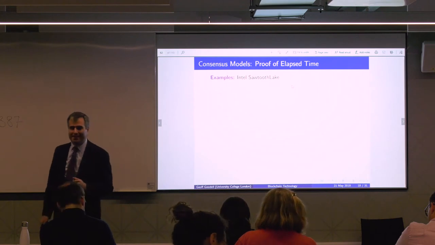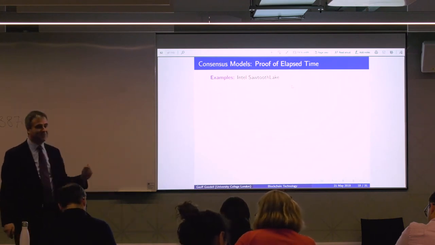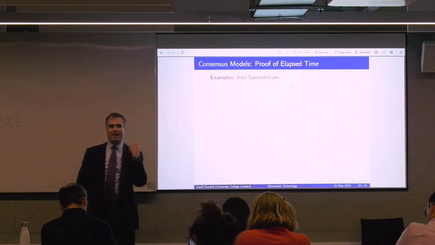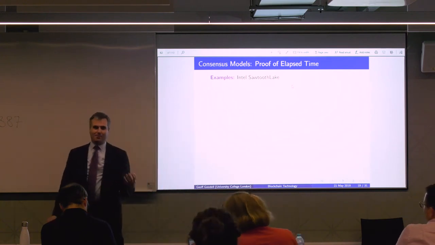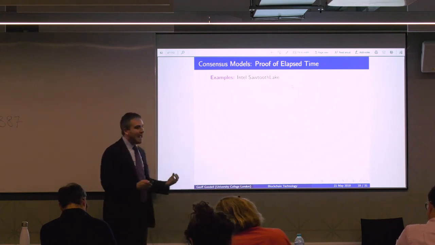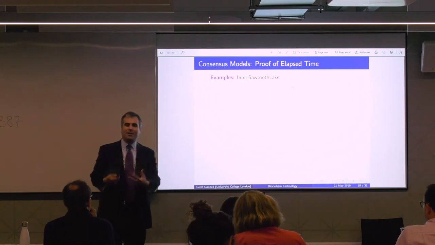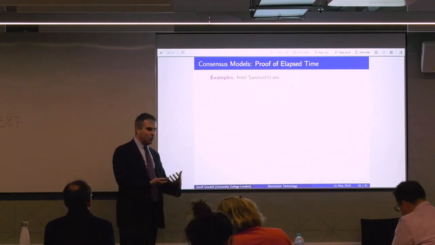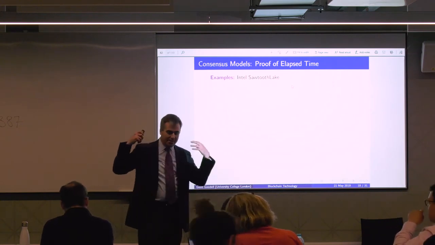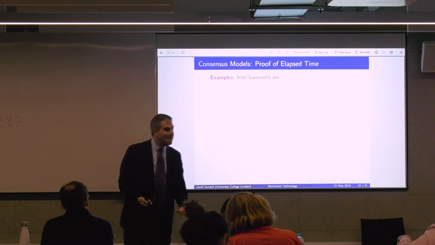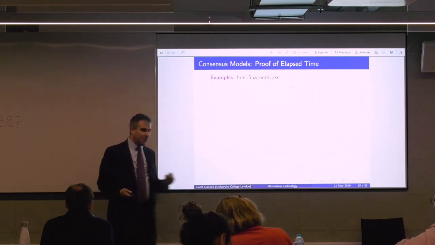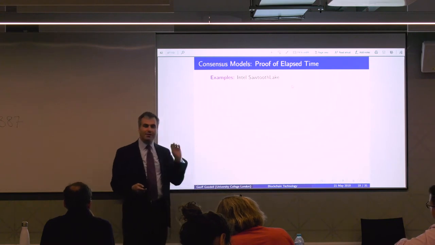Here's another one that I like. Proof of elapsed time. So Intel said, okay, we're going to solve the problem. We'll create this specialized chip, and the specialized chip will only be manufactured by us, and it will have embedded cryptography. It will make assertions on the computations that you do, that your CPU had basically done nothing for a certain period of time, and we'll be able to have our tamper-resistant CPU assert on its own accord that you had